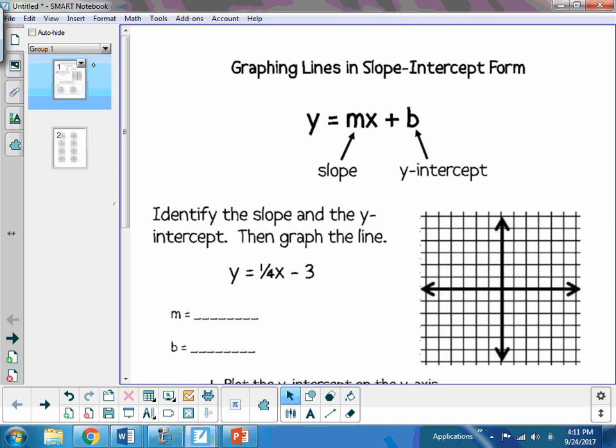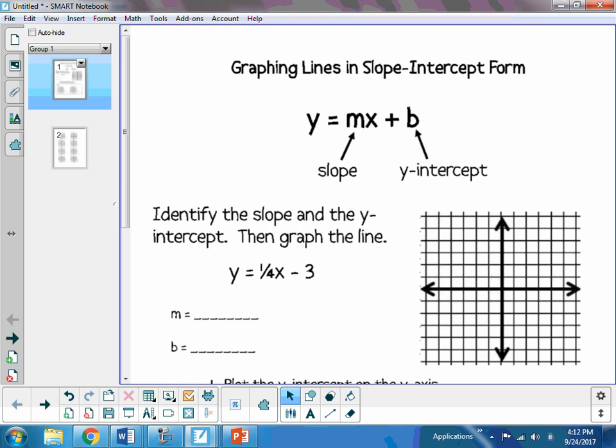Okay, so yesterday we looked at writing equations of lines, given graphs, given the slope, given the y-intercept. We did a combination of all that. Today we're going to reverse that. We're going to be given an equation and we're going to graph it. We're going to give the equation, turn around and graph it. We have a lot of the same skills that are going to be important, like finding the slope and finding